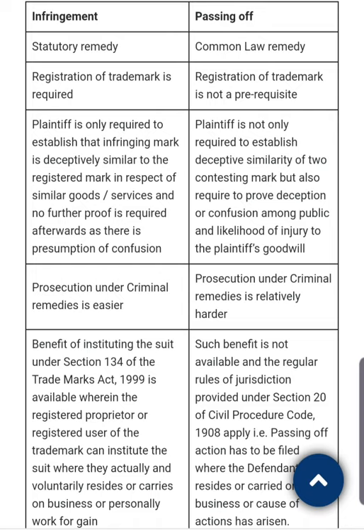In Rediff Communications Limited versus Cybertooth, the court restrained the defendant from using the domain name Radiff, which was sought to be passed off as the trademark Rediff of the plaintiff. Also in case of domain names, you don't have any remedy of infringement in the Trademarks Act, because these website names are not registered as trademarks. The only remedy you have in these cases is of